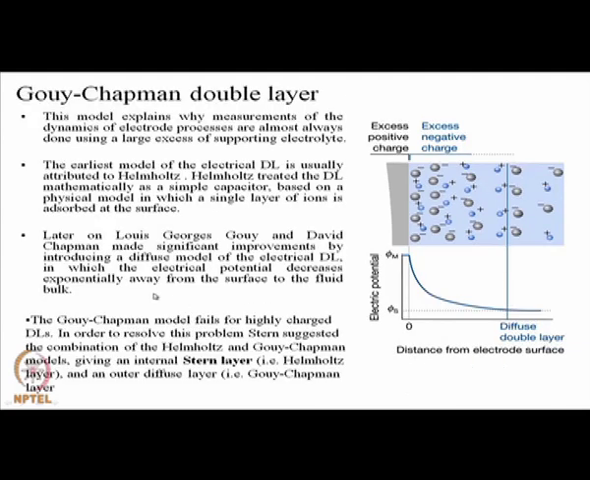Gouy-Chapman double layer model, there is another model. This model explains why measurements of the dynamics of electrode processes are almost always done using a large excess of supporting electrolyte. Whenever you measure something, I mean dynamics of electrode processes, that is done in almost all the cases in presence of excess of supporting electrolyte. Now, the earliest model of the electrical double layer is usually attributed to Helmholtz,